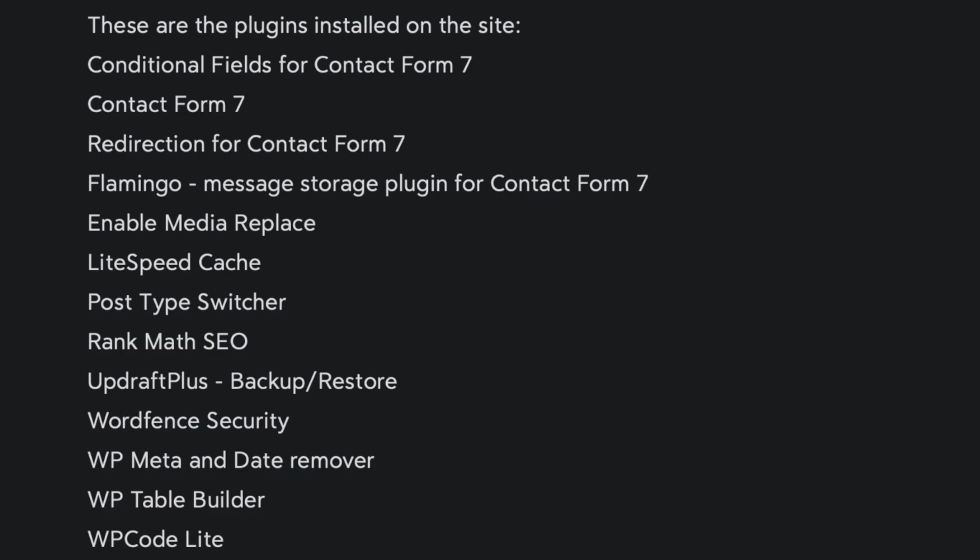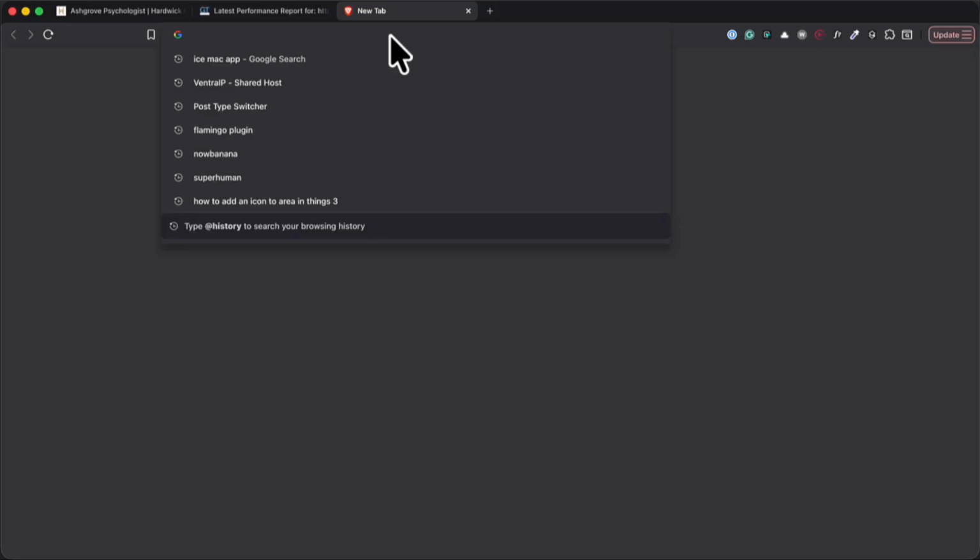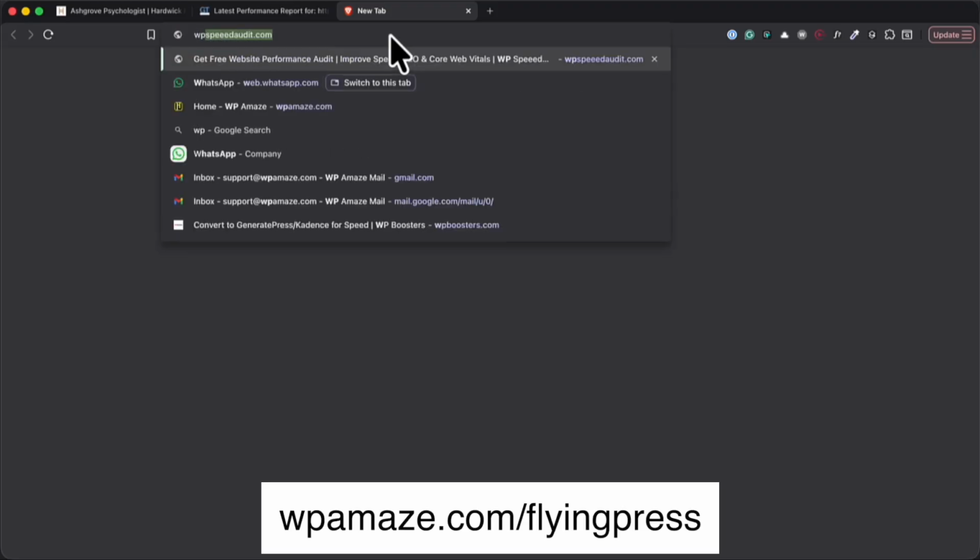Now let me show you a plugin that will help you fix most of these issues. You can try the plugin for free and pay for the premium version only if you are happy with the result. Open a new tab and enter